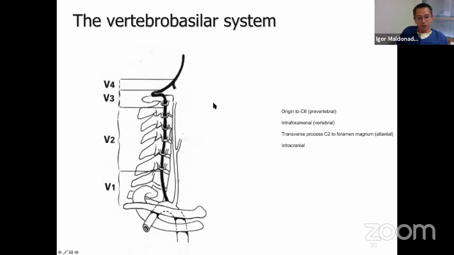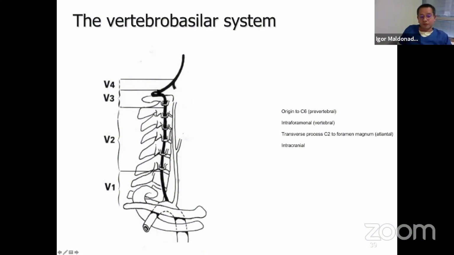So in the Fisher classification, we recognize 4 segments for the vertebral artery. One is the prevertebral segment, which is from the origin, from the superior aspect of the subclavian, up to the penetration in the first transverse process, which is usually the transverse process of C6. Then you have this vertebral interforaminal segment, which is quite vertical. And then when the artery leaves the transverse process of C2 to get into the foramen, this is the atlantal portion,